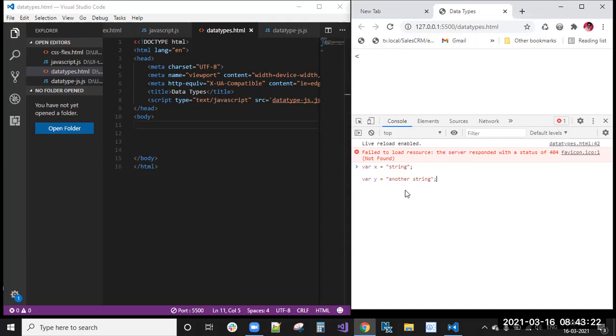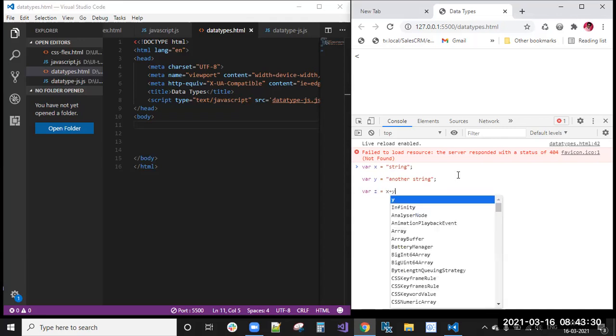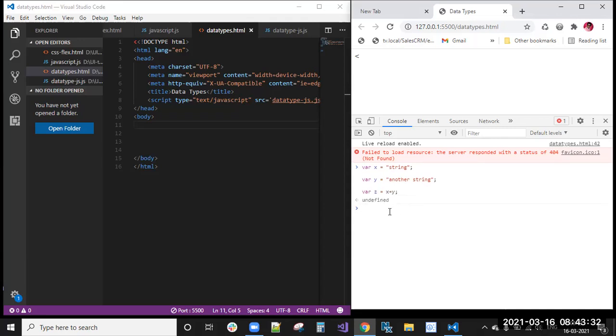So I'm pasting this, where x equal to string, where y equal to that one, and where z equal to x plus y. Now if I reference z, we will get this string, another string. X plus y means we are adding strings. We will call this string concatenating.